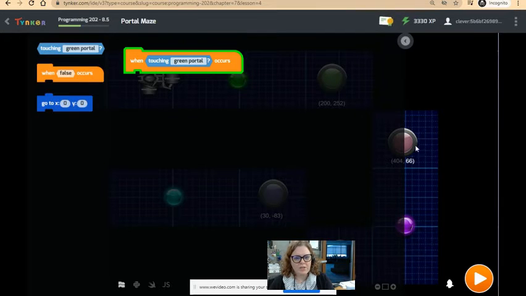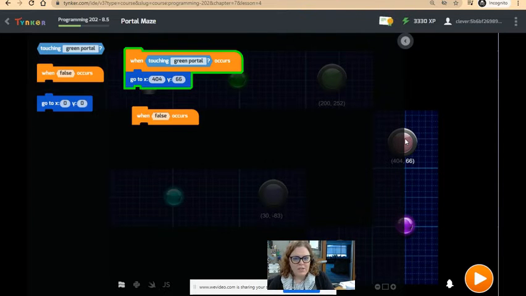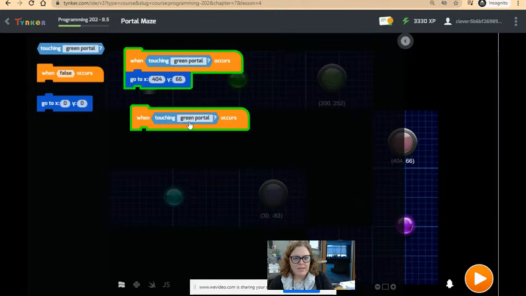Oh, actually, no, he's going to go to these coordinates. Okay, so he's going to go to 404.66. So 404 and then tab over 66. Okay, so then he's going to go to this portal, grab this ball, this orb, excuse me, and then when